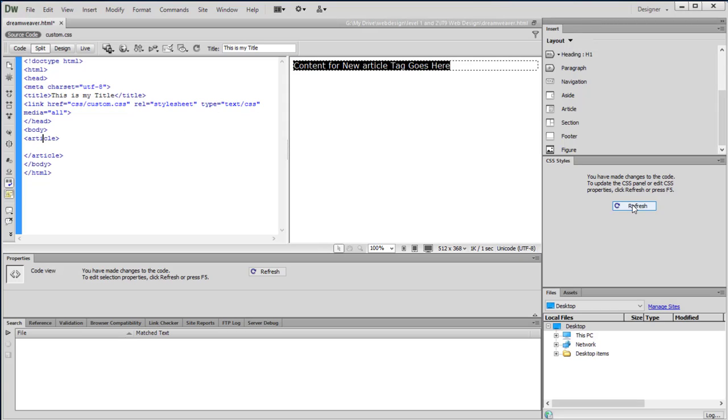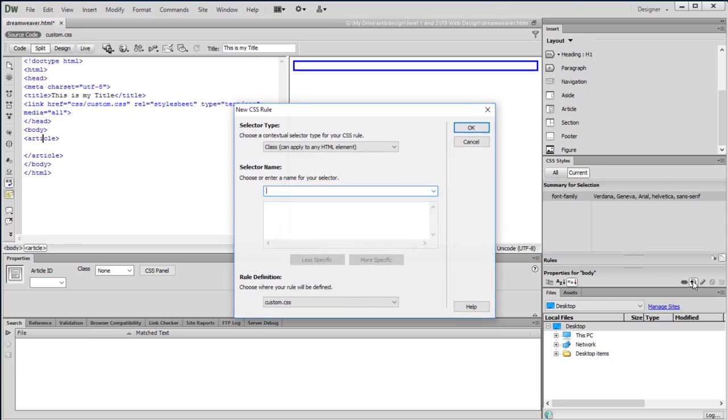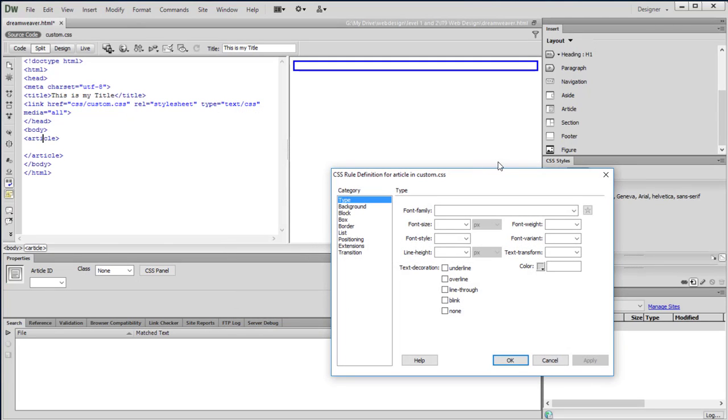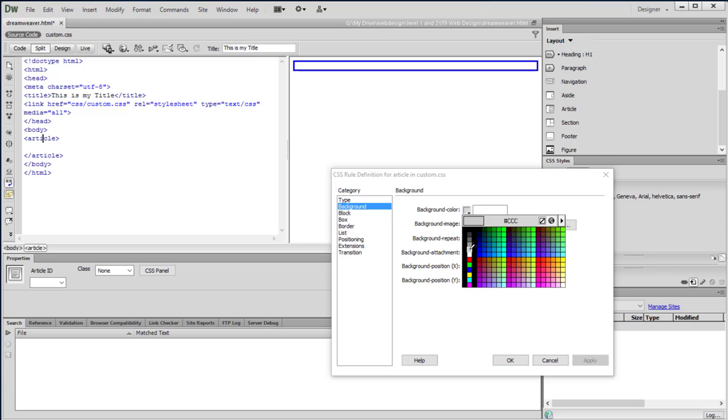Alright, now this is where Dreamweaver comes into its own, because to style this, to make it look the way we want it to look, is quite easy, and it all happens over here in this CSS styles panel. If I hover over here, it tells me I can create a new CSS rule, which is what I want. Click OK, and instead of a class I want an HTML tag, and it's chose the right one, which is article. Click OK. Now what do we want to do with the article? Don't want to change the font. I do want a background colour just so that we can see it, so I'm just going to go for a light grey,